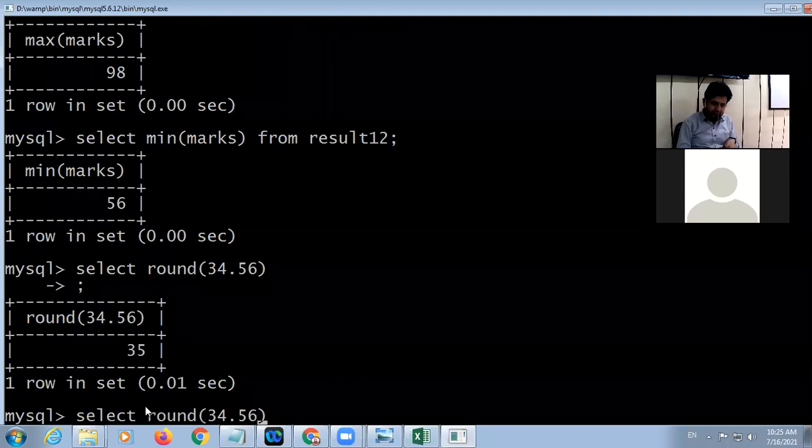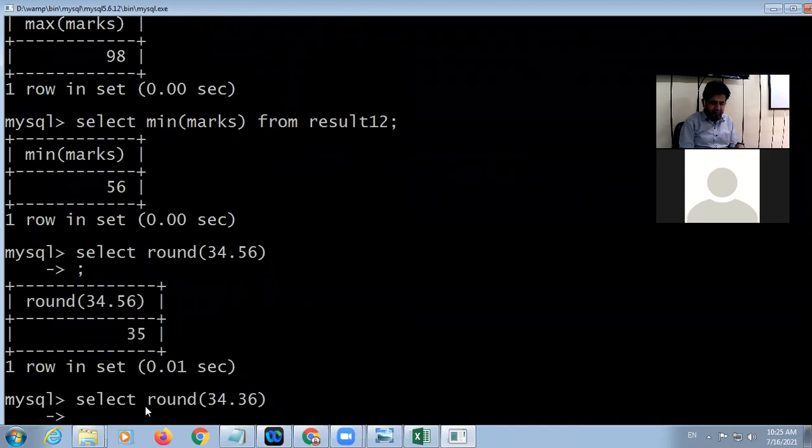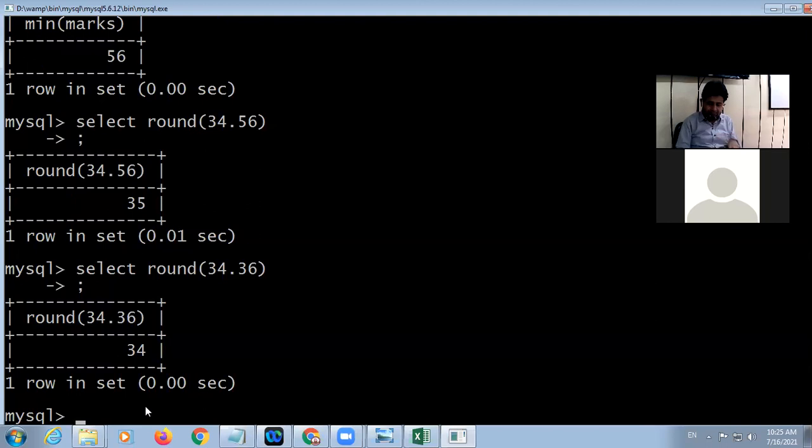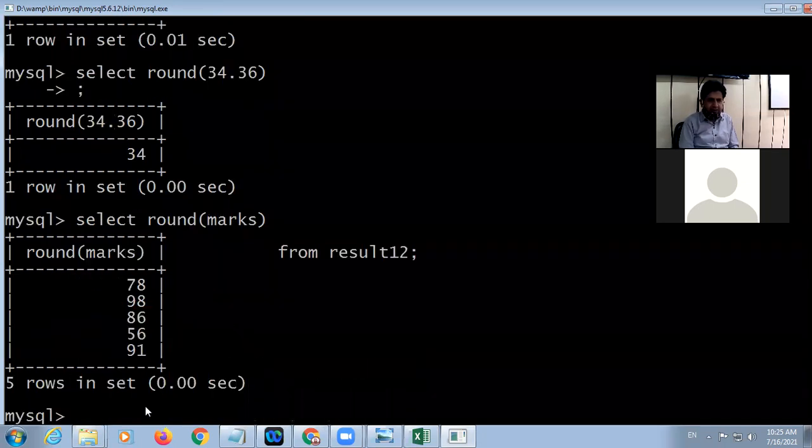But if I take 34.36 here, then it will display 34. You can also apply the round function on a table. But if the marks are in points, this is not an aggregate function.